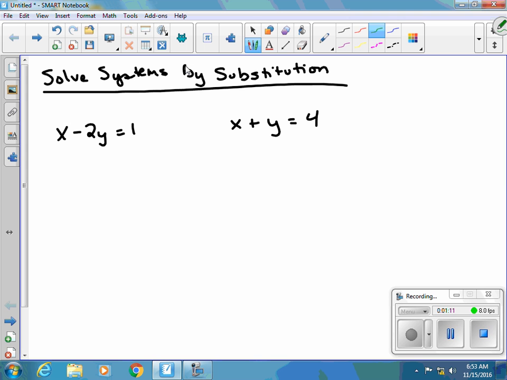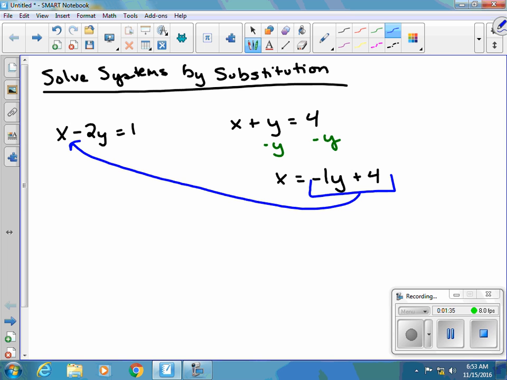I'm going to go ahead and solve for x. So that means I'm going to subtract the y from both sides, in which I have x equals negative 1y plus 4. So now that I have an x equals, or if it was a y equals, it doesn't matter, I'm going to take what that x equals and substitute it into that x spot. So I have now in the x spot negative 1y plus 4